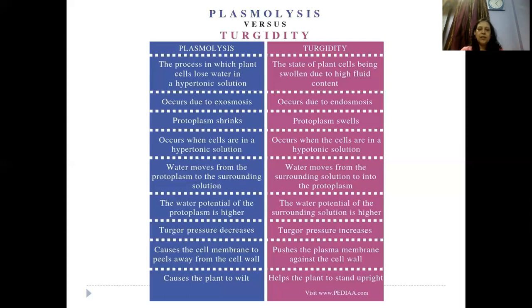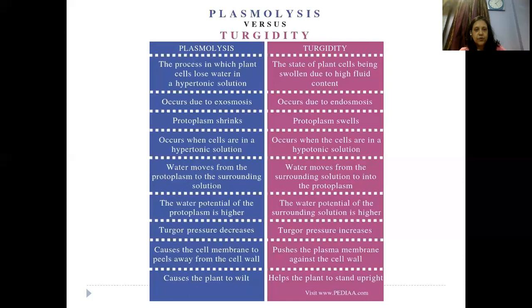So in plasmolysis, what happens to the plant? The plant wilts, मतलब वो सूख जाता है. Whereas in the turgid condition, the plant will stand upright. Okay, एकदम फूला फूला healthy आपको plant नजर आएगा in case of a turgid condition. Okay, so this difference between plasmolysis versus turgidity could be asked for 2 marks or 3 marks in the board exam. Hence we have done this difference.